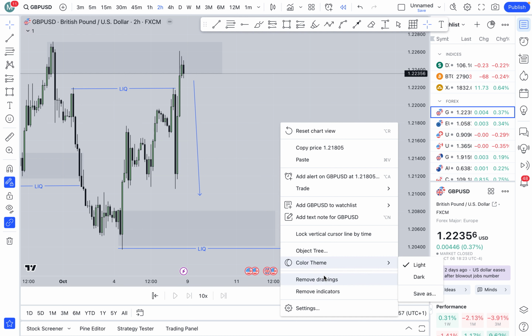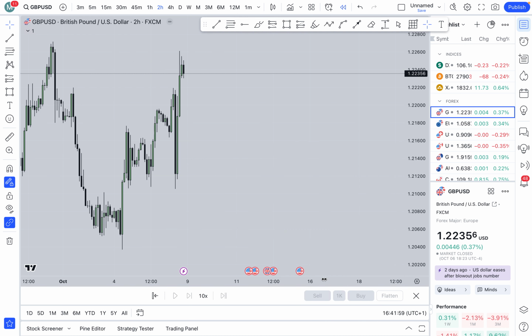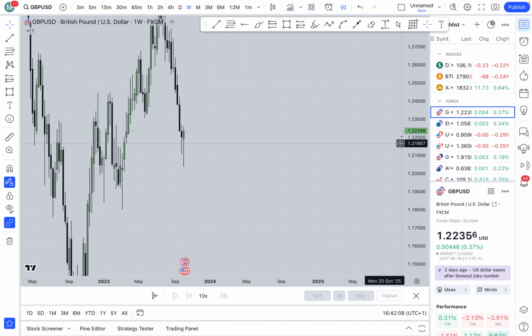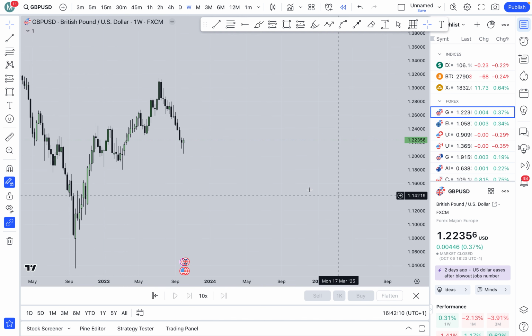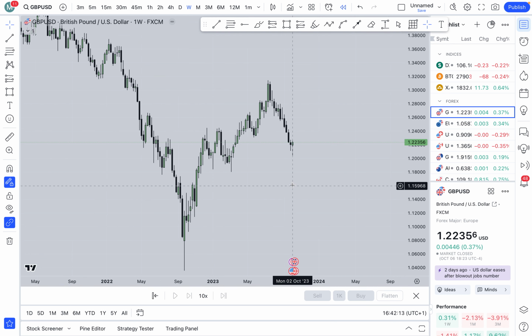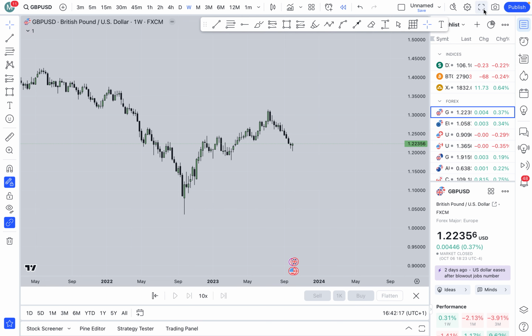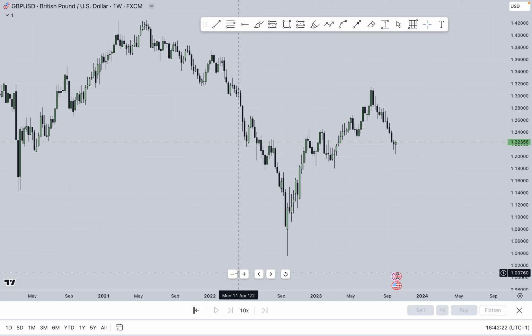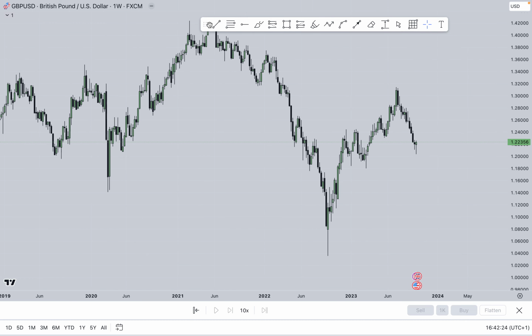I'll take out every drawing I have made here before. I start with the 1 week time frame, just like I did with the DXY. So you see the dollar index and Great British Pound USD are inversely correlated. That means if one is going up, the other will be coming down. If one is coming down, the other will be going up. So the correlation is on the opposite side, so we'll call them inverse. If it's inverse, you have the opposite of the other. So this is the 1 week time frame, and from what we can see here,